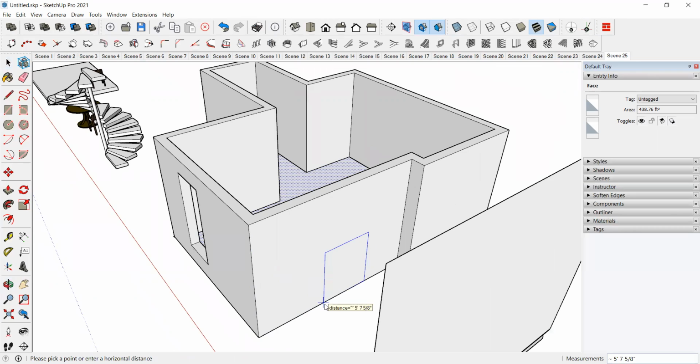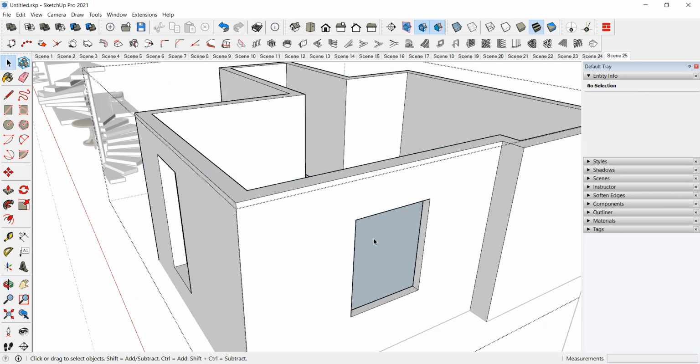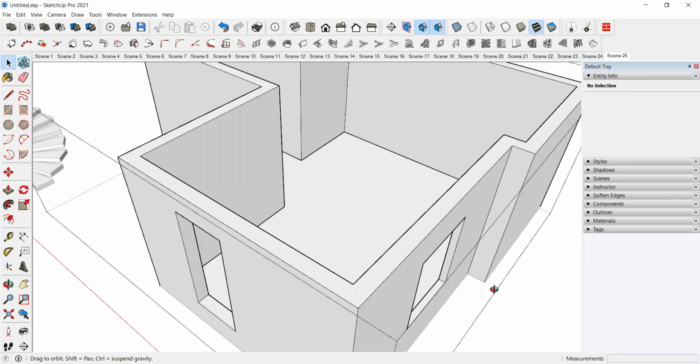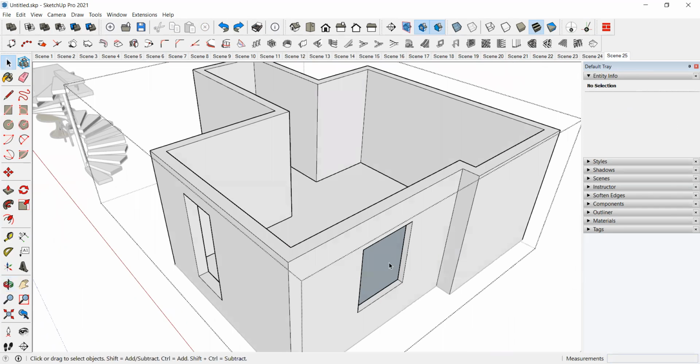Horizontal distance is 5 feet. Enter. Vertical distance is 3 feet. Enter. Okay. So directly it will create the opening for us. Right. Like this.